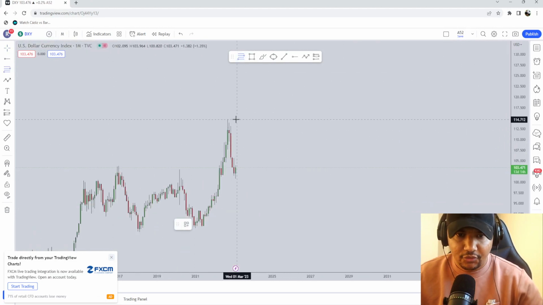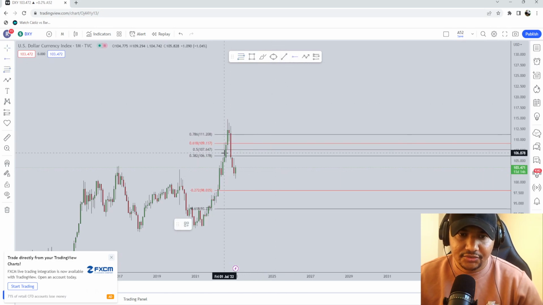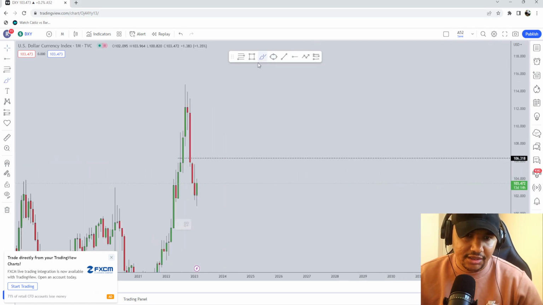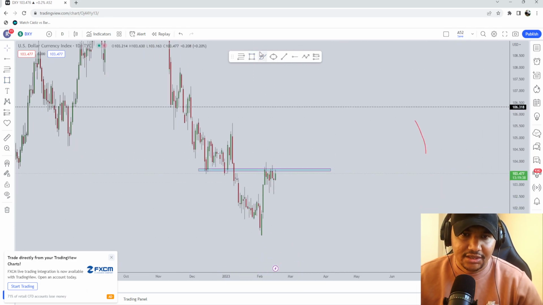Now, I've said this before and I will say it again. We normally expect a pullback to the 0.382, and we're going to use that as our target level. Now, the last time I spoke about this market, I said if we create an equal low, we can expect that continuation or that move to the upside, and that is exactly what the market has given us. Now, here from a daily time frame, again, the market is currently consolidating here as well. The market printed support, broke below support, now testing it as resistance. The market is also trading at a previous support that I had created there as well.